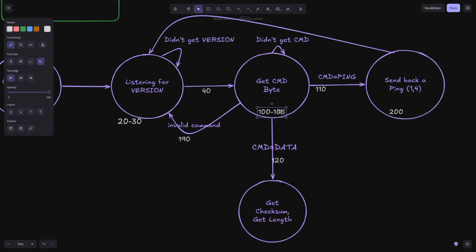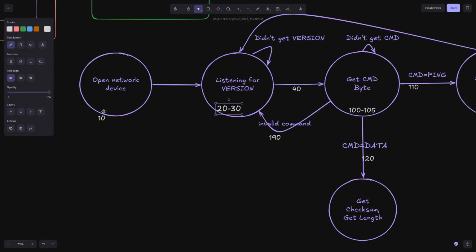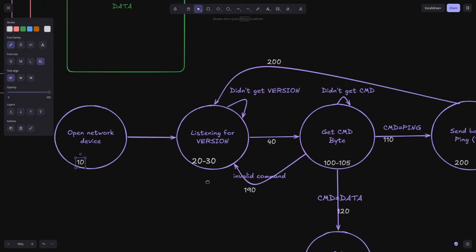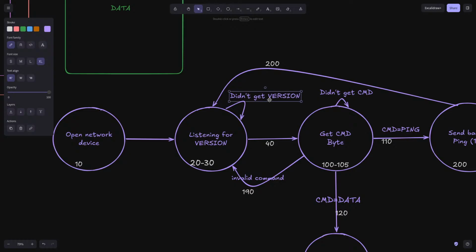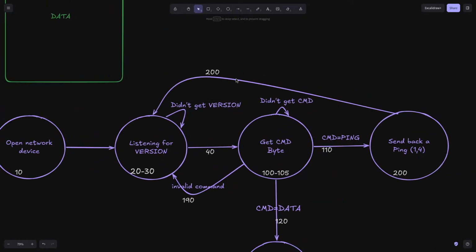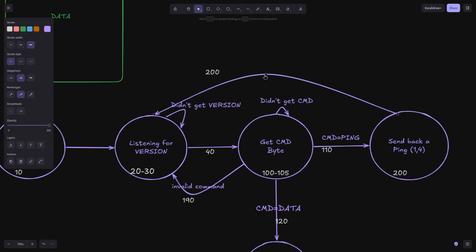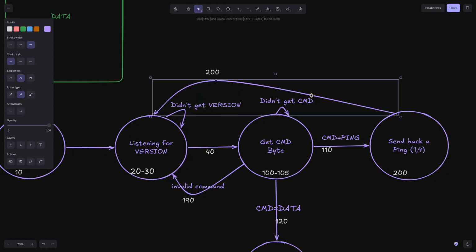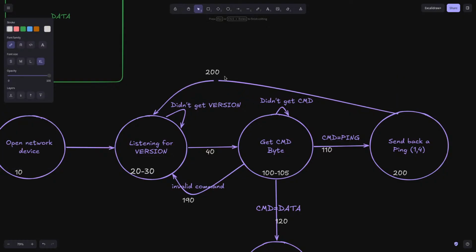Let's put all these guys inside. Yeah, it's fine. You guys can be under, but you need to be inside so as not to be confused with neighboring lines. Didn't get version. Line 200. Let's bring it back over. Can I add another handle? Oh well. Line 200. And it'll say,